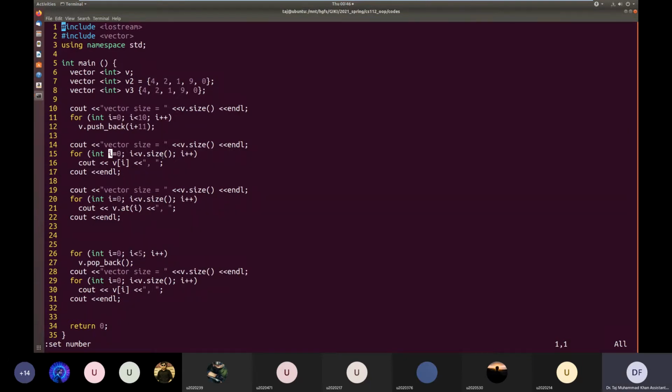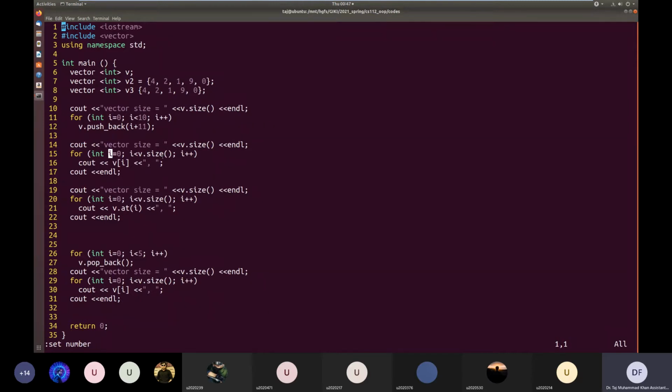Okay? And then once you have got the iterator for that container, you can use that iterator to traverse that container. For example, if I want to traverse this vector, then first I need to get the iterator for that vector. Because it matters, the iterator is also a template, so it has to be the same type as the type of the vector. So we get the iterator for that type of vector. For example, vector int, we get an iterator for vector int, and then we use that iterator to traverse that